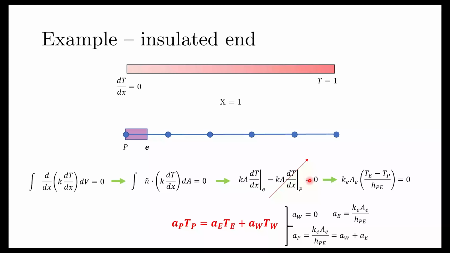So we had looked at how to use this equation for the Dirichlet boundary condition, that is the fixed boundary conditions, and we had also looked at it for the Neumann boundary conditions. So if we had an insulated end, we had looked at how this equation would modify itself at the boundary. If we had the west boundary being the insulated boundary, we saw that the west boundary coefficient AW would be 0, whereas the other coefficients would remain as they are.